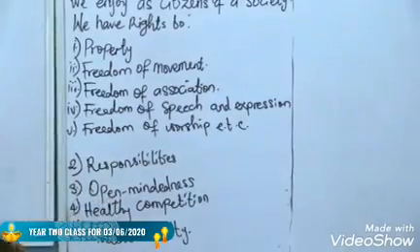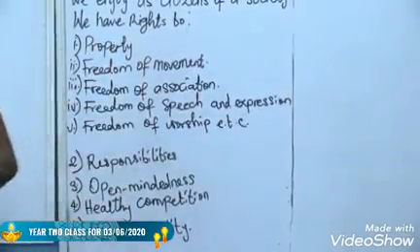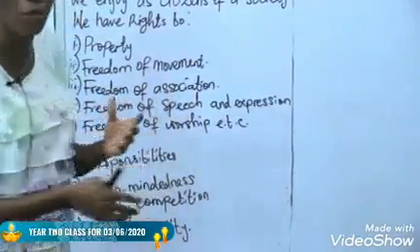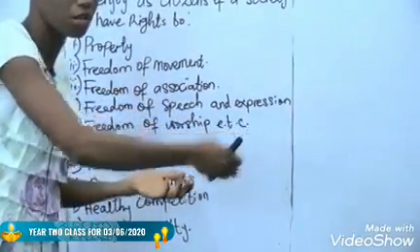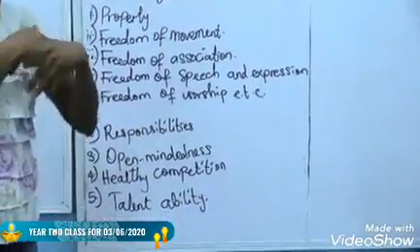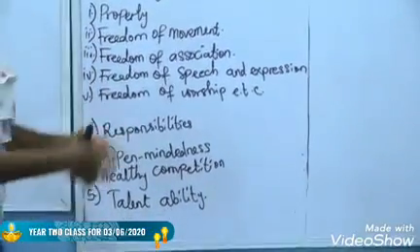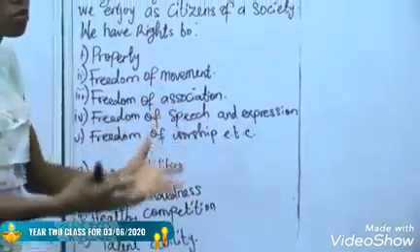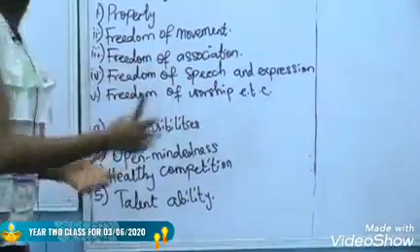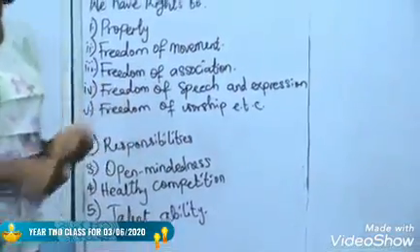Healthy competition is one of the components of civic education. You compete with one another, maybe during festivals or so, trying to know how they do their own things and them trying to learn your own things. Then talent ability is what you can do on your own, the skills you have on your own or the skills you have acquired. You bring it out to the society if it will help, like doctors, nurses, teachers. Those are the talents or skills that they have, and they bring it out to help everyone in the society.